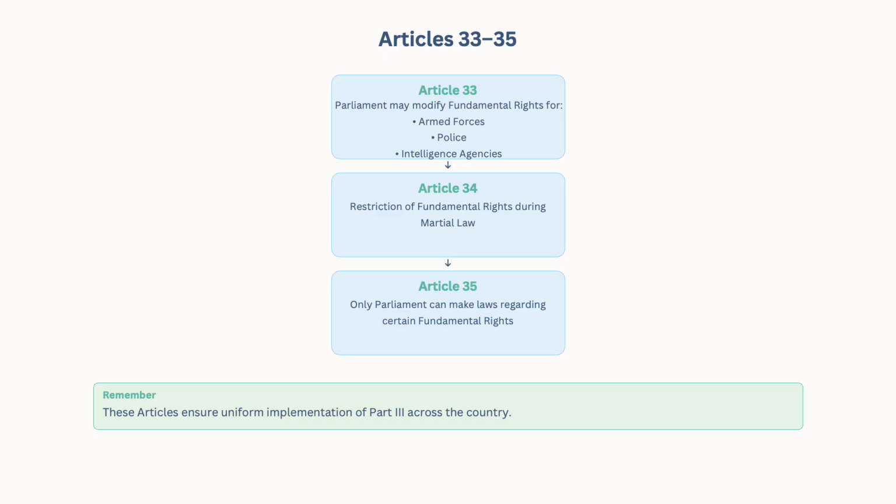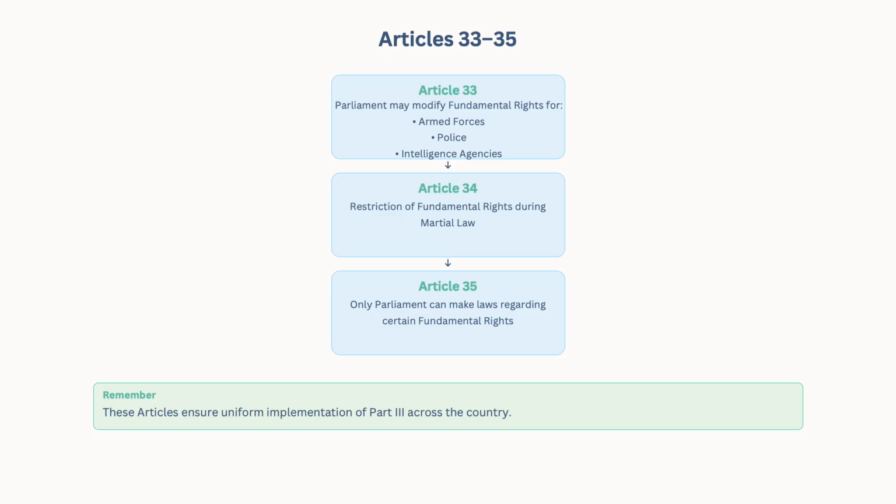But in today's world, the way that the state of Nagaland is, most of us advocate for AFSPA to be removed, right? We do not like AFSPA. But there's also another side of the coin, which means without AFSPA, it would be difficult. So there are certain fundamental rights that are modified for the armed forces, the police, the intelligence agencies. That's all you need to know.